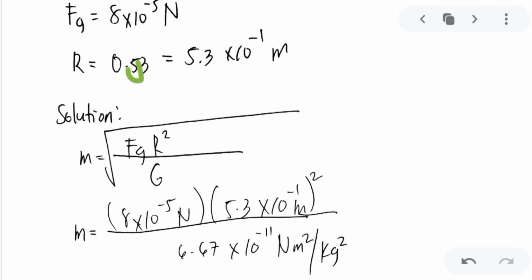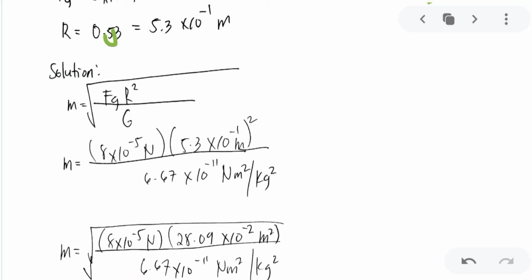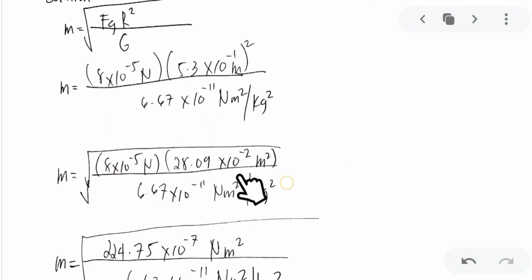The formula that we will be using to find the mass is this one: mass is equal to the square root of the gravitational force multiplied by its r squared over the gravitational constant. So, substitution. The value of your force of gravity is 8 times 10 raised to negative 5, based on the given problem. Then the distance of separation is 5.3 times 10 raised to negative 1, squared, then the gravitational constant. The next thing you need to do is square this one. 5.3 times 10 raised to negative 1 squared gives you 28.09 times 10 raised to negative 2